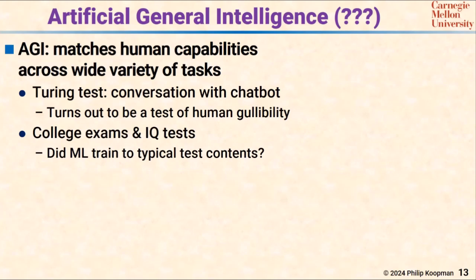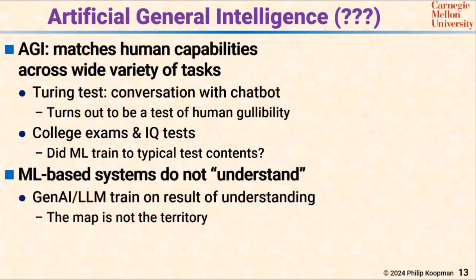You see machine learning systems passing college exams and IQ tests. More than likely, the training corpus included all the stuff in those tests one way or another. So yeah, it's really cool that it's a query system. It's like going on the web and finding the answers, except easier. And maybe it's a little more creative, but it doesn't prove it's smart. It proves it can pass an IQ test to the degree that IQ tests ever proved people were smart. There's a whole controversy there.